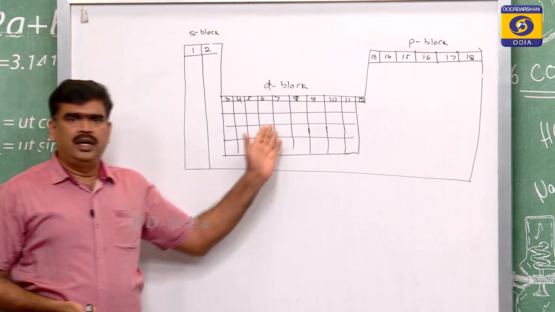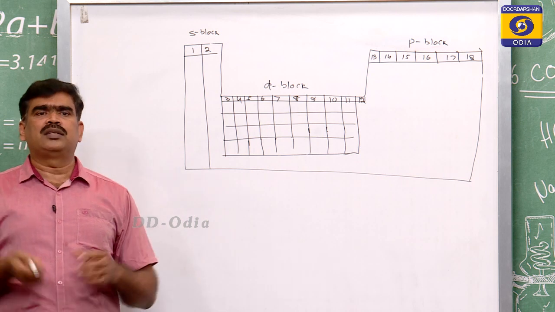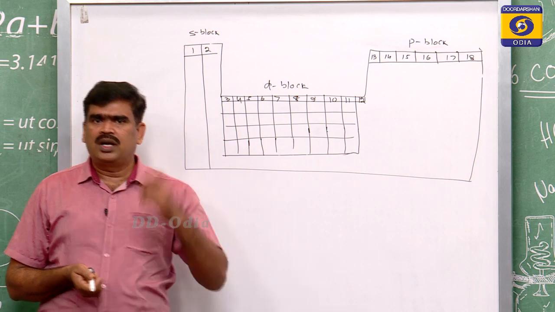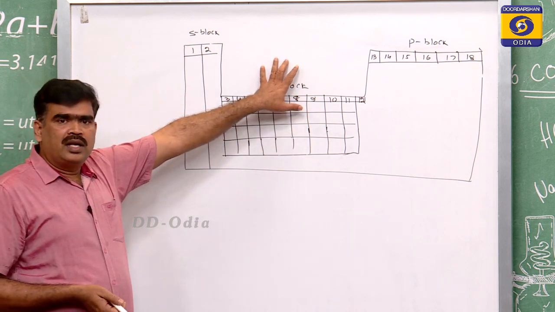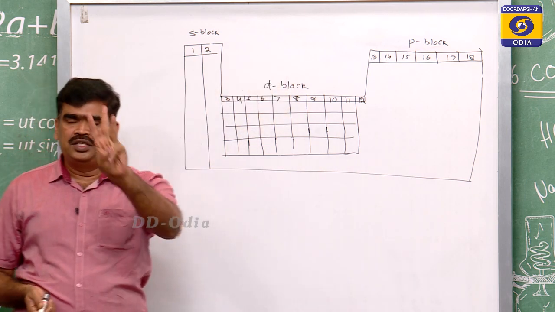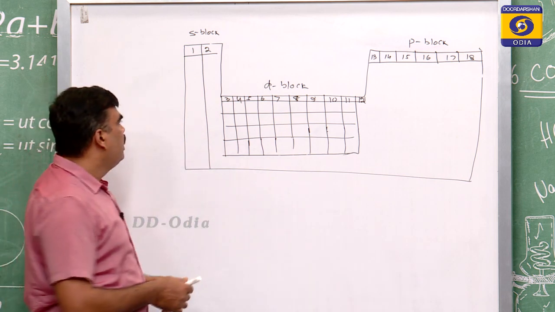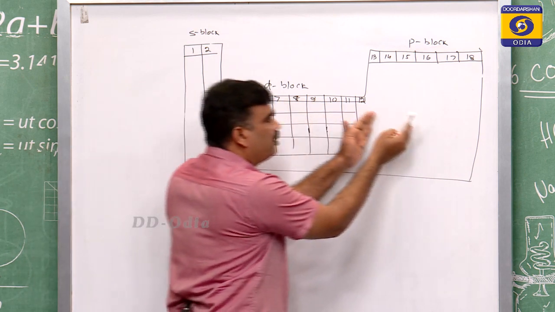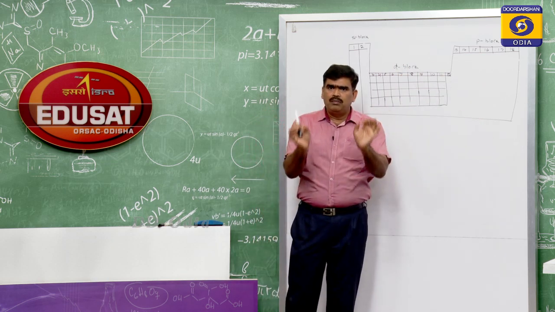These are D block elements. These are called transition elements. Why are they called transition elements? This has been asked many times in the examination. What are transition elements? D block elements are called transition elements. They are called so because there are 3 reasons. Number 1, their position is in between S block and P block. Electropositive, electronegative, which means the properties are almost intermediate.